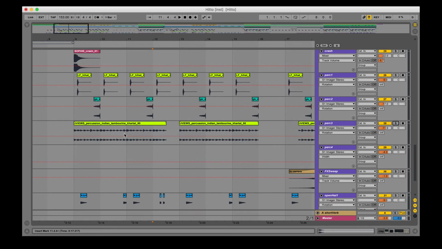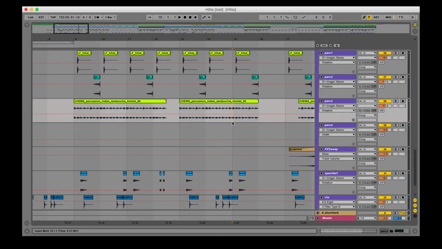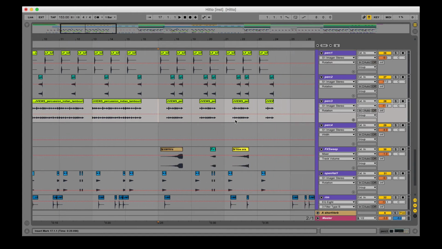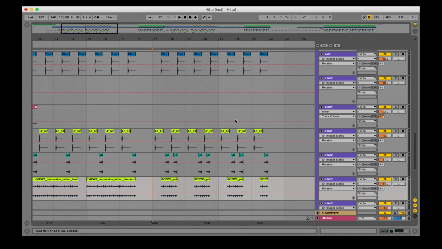Obviously, these two things are very quiet in the mix. Like you can barely hear this thing. And you can hear the hi-hat a lot more. So that's just a small thing you could do to add variation and rhythm without doing too much crazy stuff with the mix. The next thing I would say about this track is that we have a lot of